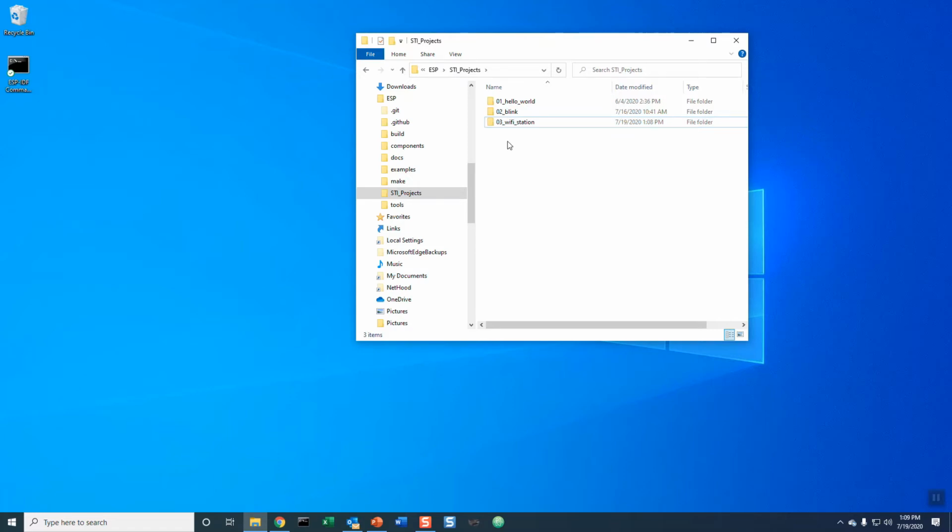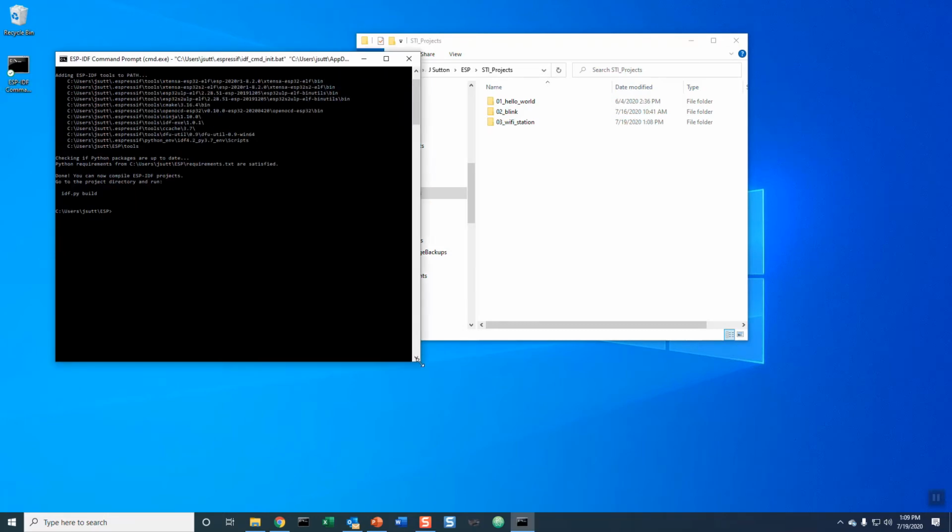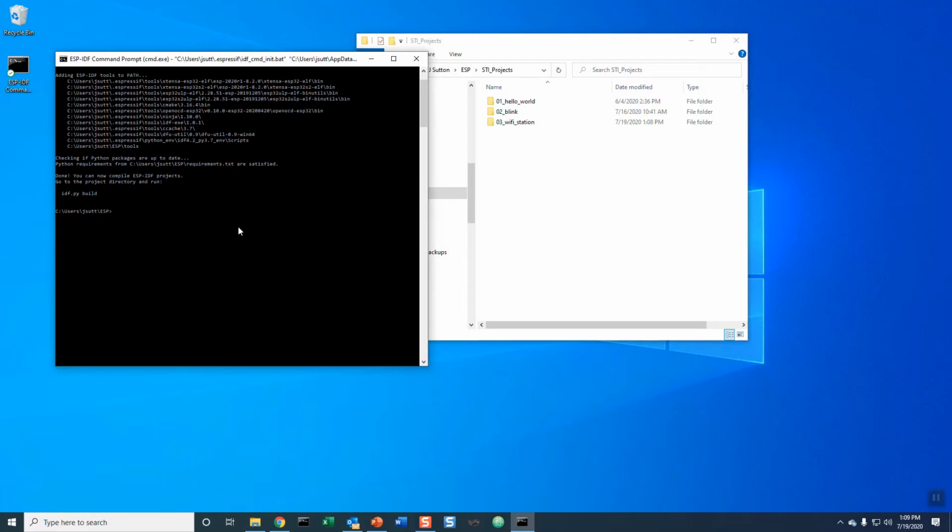So let's go ahead and get started with opening the development framework. And so now we're going to change directory to STI projects, where I've stored my copies of what we're working on, /03_wifi_station,